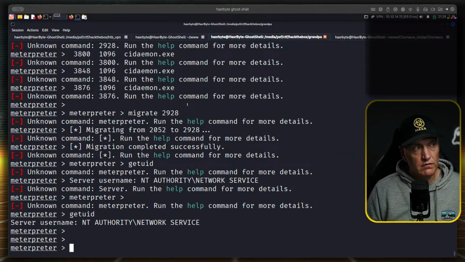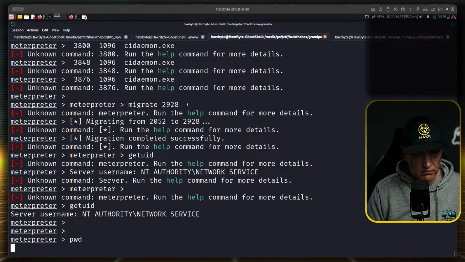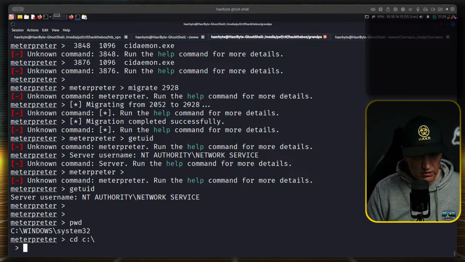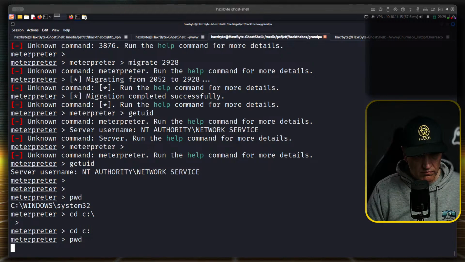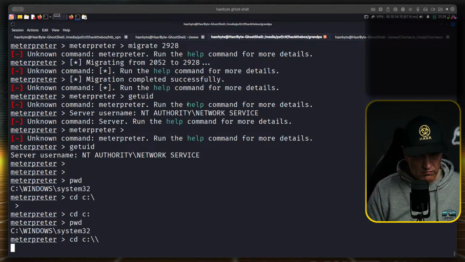Now can I just look at the files? Okay. Volumes, C$. Change directory. No, because it's Windows.